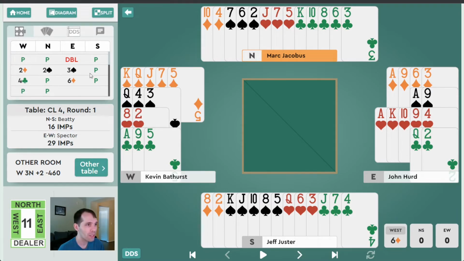Another interesting thing to note is that West has already denied 3 hearts, so East knows that he doesn't need to show his heart length anymore. They would have used support doubles to show 3-card heart support, even on a minimum opening hand. So North now comes in with 2 spades, and